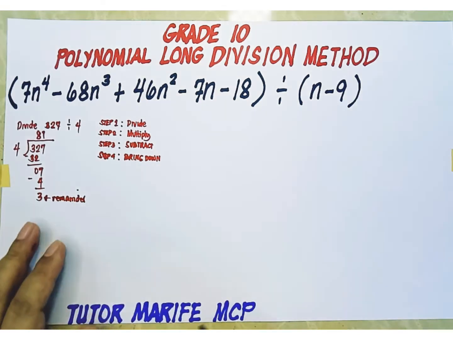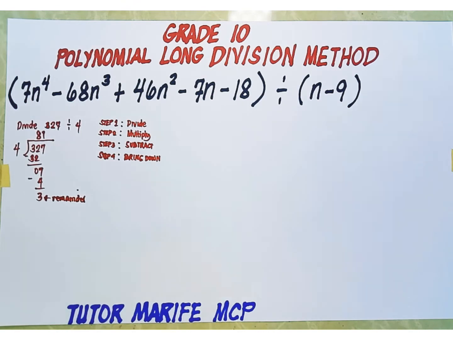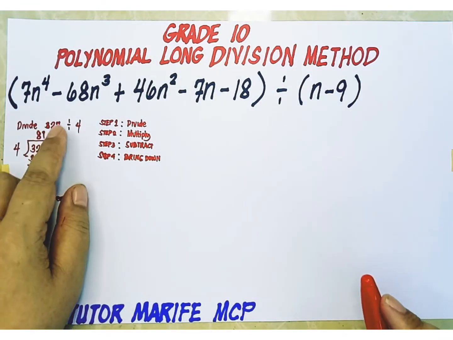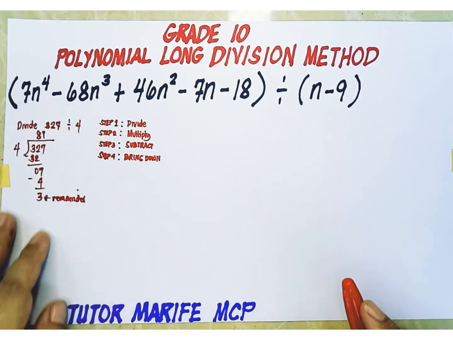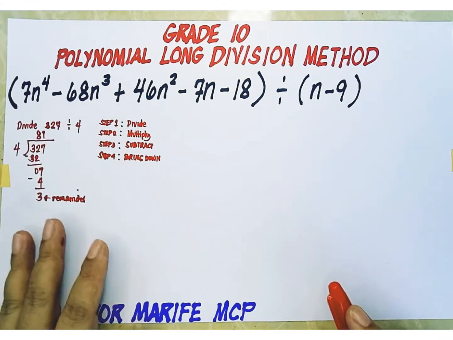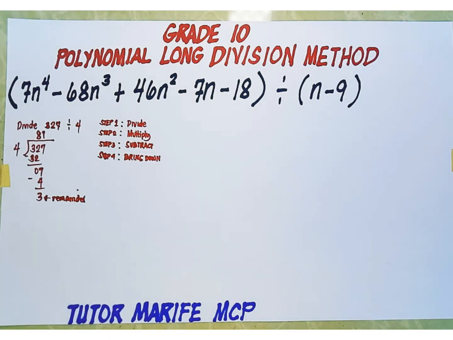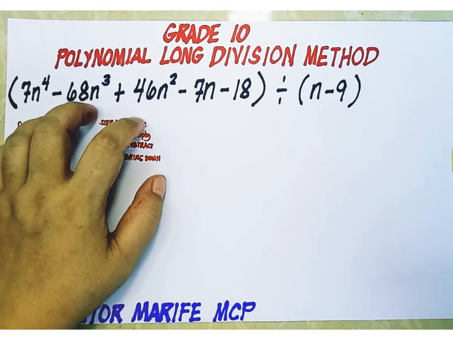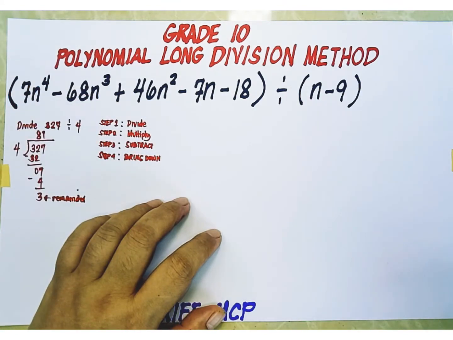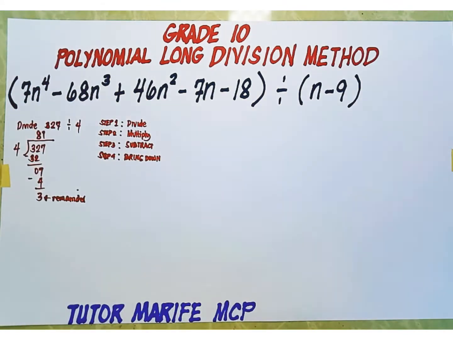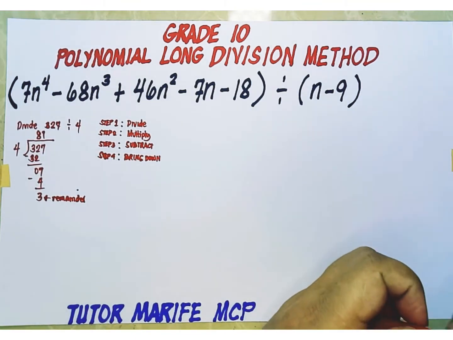So, since may remainder tayo dito sa binigay kong example, 327 is not actually divisible by 4. That's why there is a remainder. Okay? So, let's follow this process. And this time we have polynomials. Okay, so step